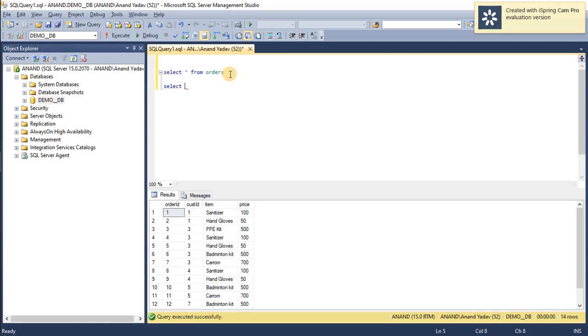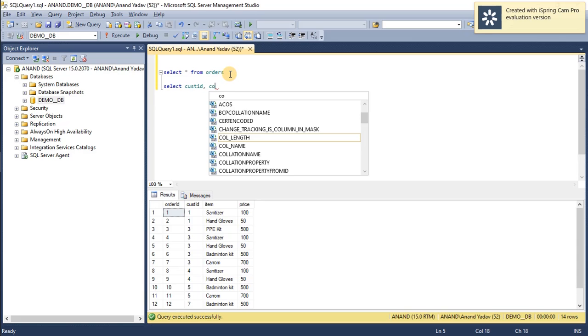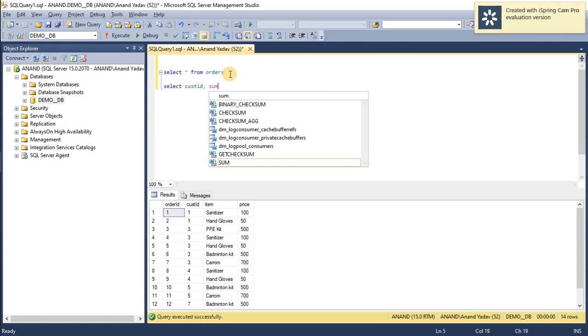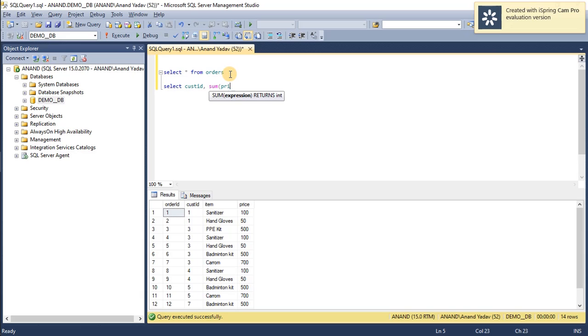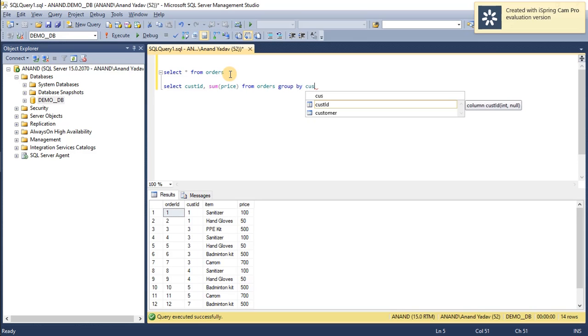So I am quickly writing down the query. In this query we will get customer ID equal to 1 and how much money he spent to buy items.